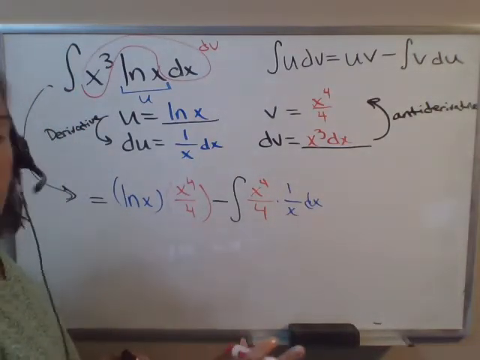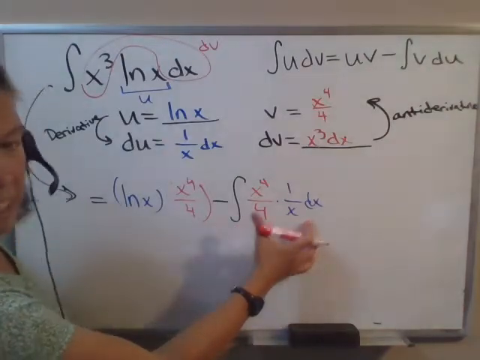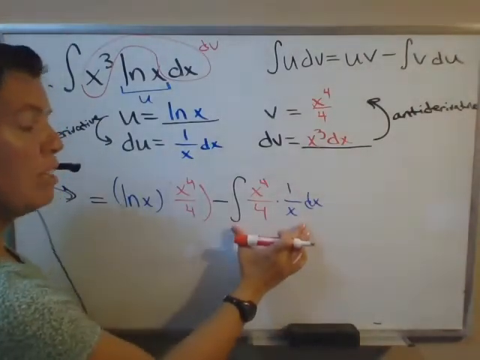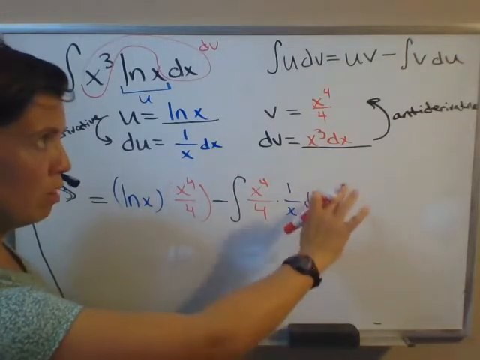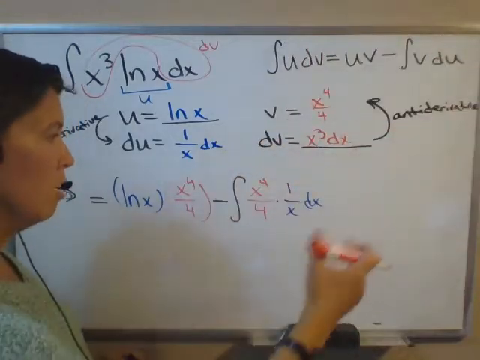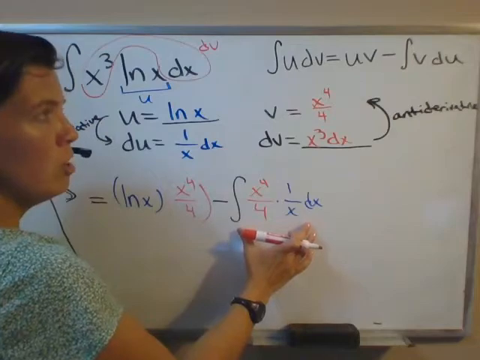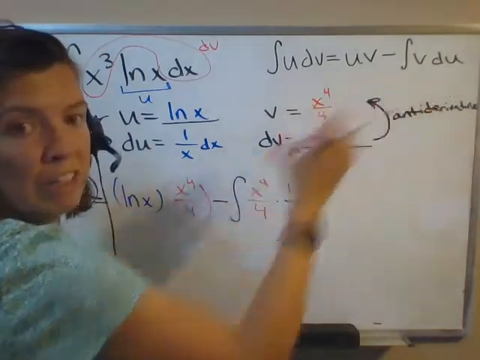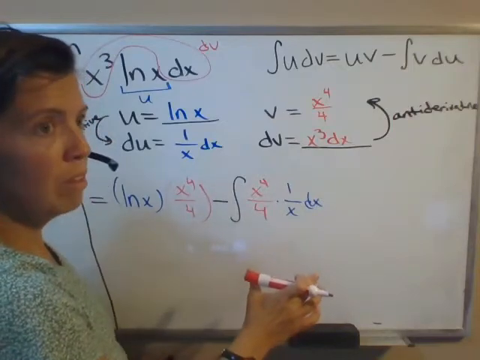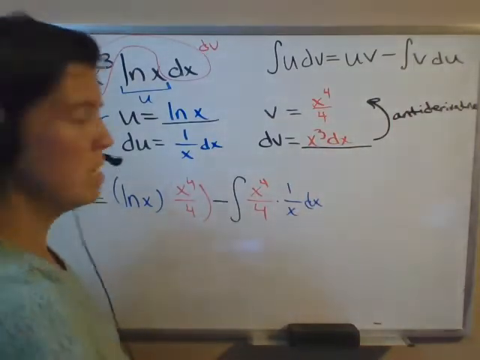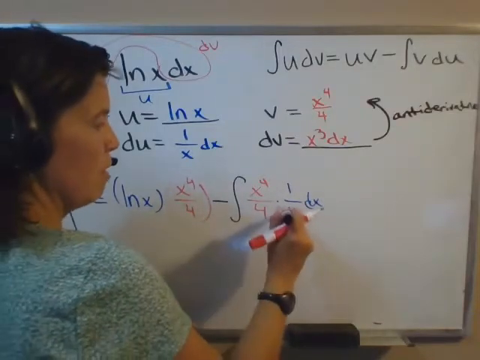Before you go any further, before you do anything drastic with this integral, like integrate by parts again, make sure you simplify. Always make sure when you apply integration by parts, I'm calling it a formula here, but when you apply this process, you simplify this integral of v du expression before you decide how to proceed. So to simplify this, there's a common factor of x here we can cancel,